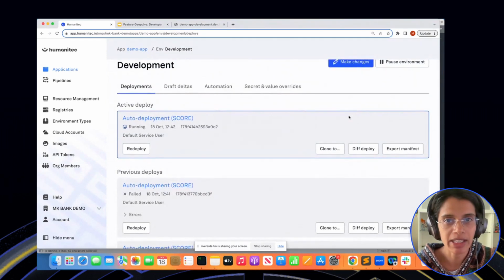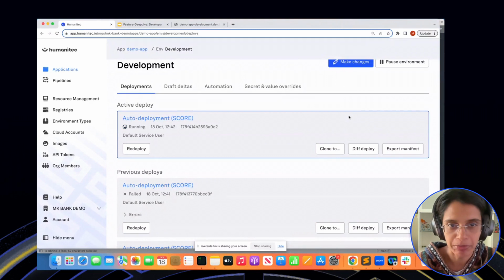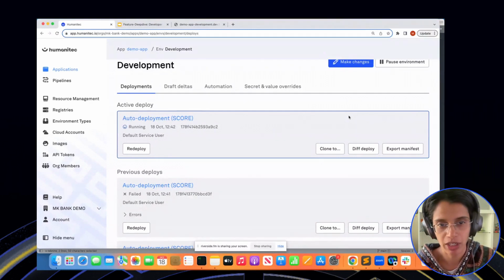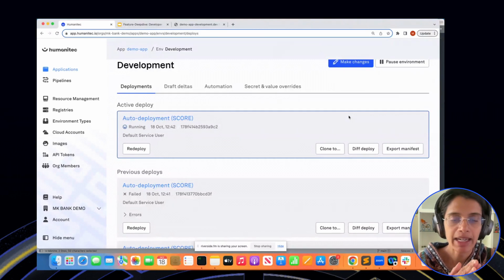So far we have seen how developers can get easy access to the cloud resources using the score manifest, the score specification, and the platform orchestrator. What we have given developers is transparent abstractions into the cloud infrastructure. How much of the infrastructure plumbing they want to know or need to know is something that the developers get to control. The platform engineers can provide standard ways of creating a cloud resource, and from a developer perspective, they can easily consume these resources as and when needed, depending on their